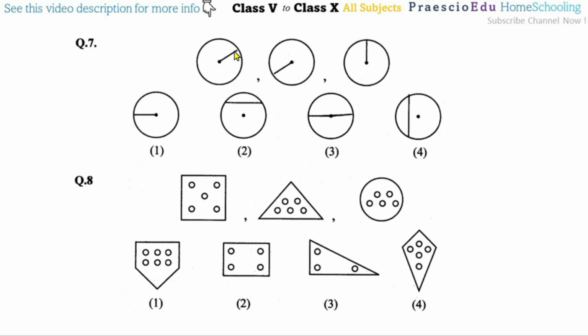Then question number 7. A line joining from the center to the circle point. Here also the same, here also the same. So this continuity matches with option number 4, option number 1 is there. The other options 2, 3 and 4 are not perfectly matching with this line joining from the center to the circle. Then question number 8. There are 5 circles inside, here also 5 circles and here also 5 circles. To match with this one, option number 4 is perfectly matching, the others do not have 5 circles inside, so option number 4 is the correct one.